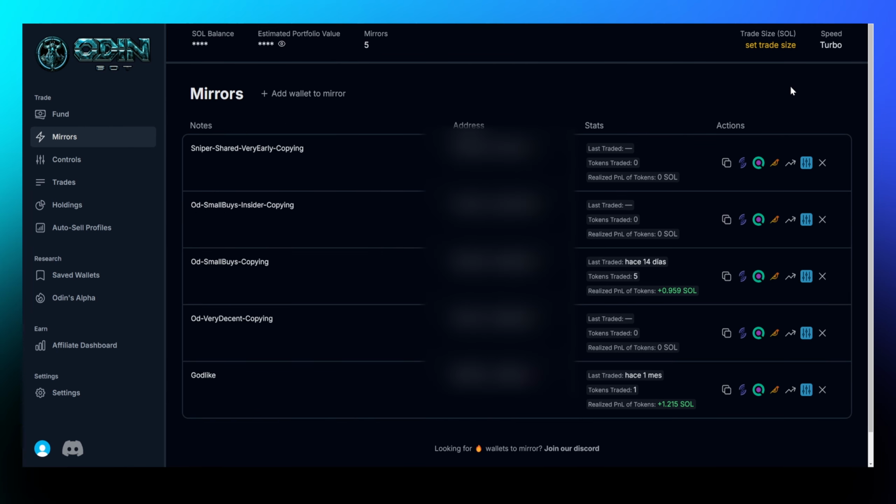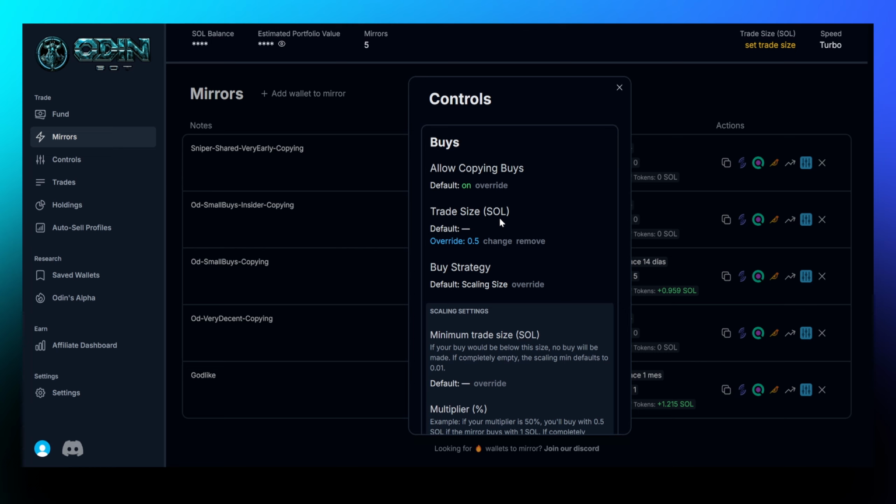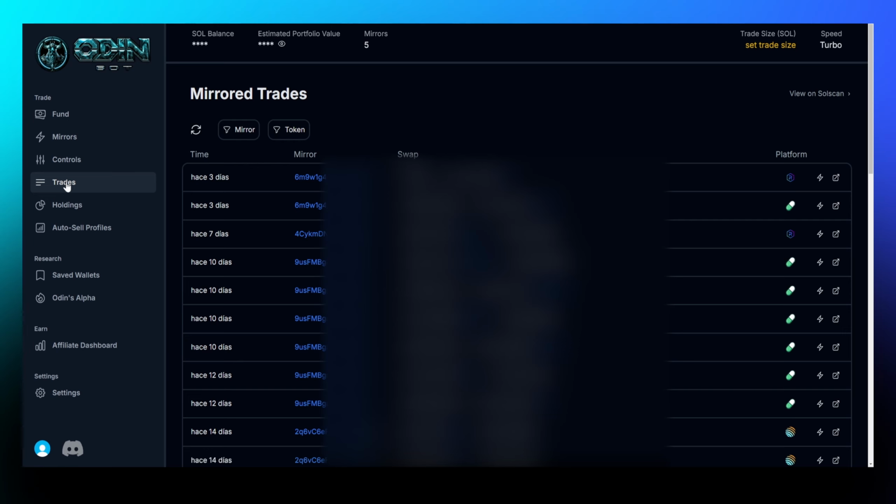But if you want to override the default controls for each wallet, you're going to have to come to the mirrors wallet, click on this blue button and adjust it as you like. These settings are going to be applied individually so you can have better control of your wallets. Moving on to the next tab, we have the trades, which pretty much is the history of all your OdinBot